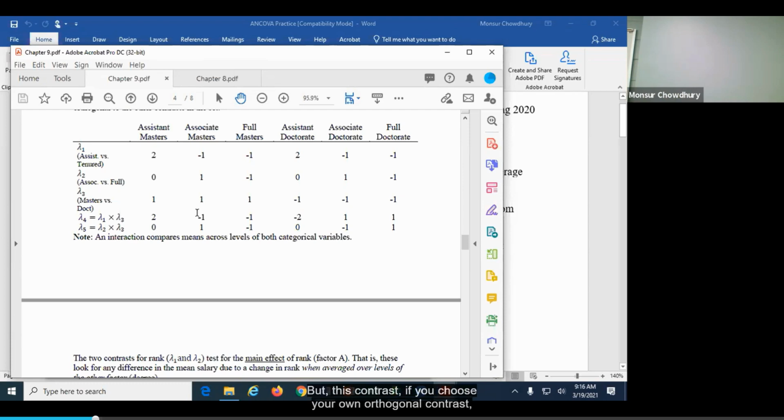But if you choose your own orthogonal contrast, you can compare different groups. You have seen we did some examples in our class, as well as you did something in the homework. So you can create your own orthogonal contrast to compare the different groups. Any questions about this part?